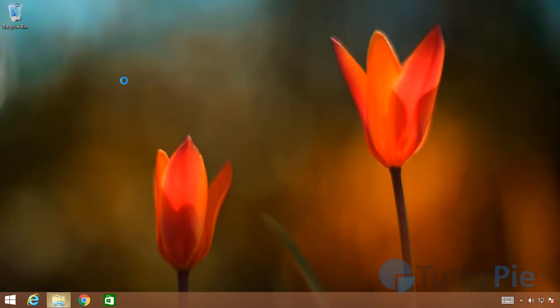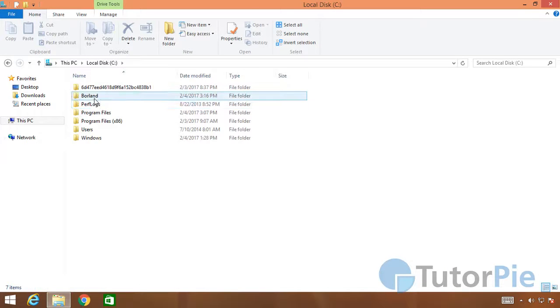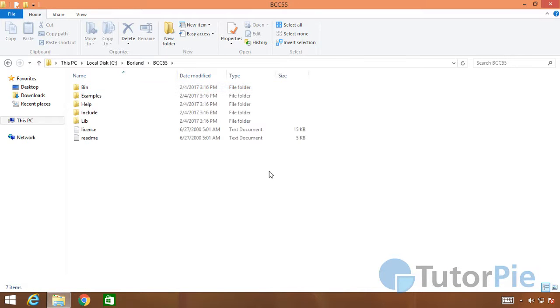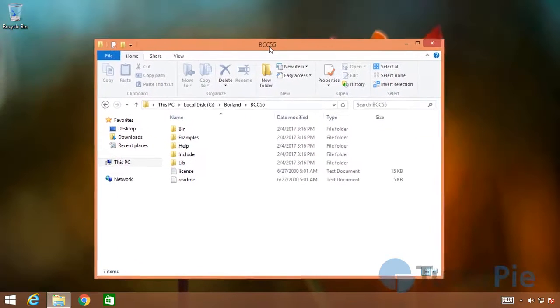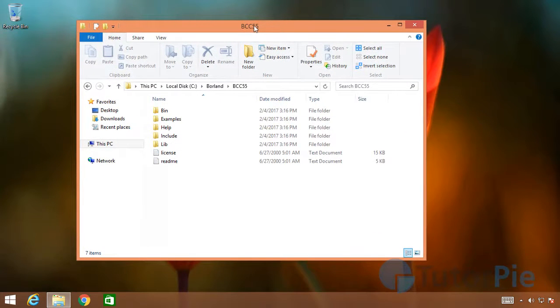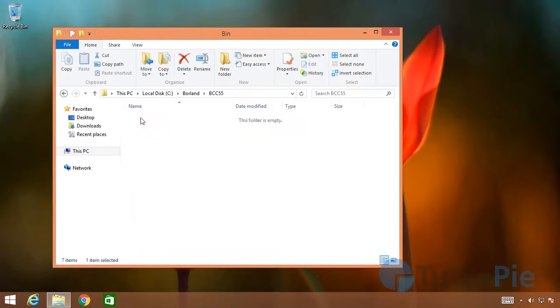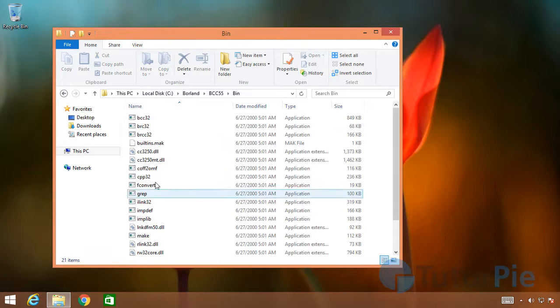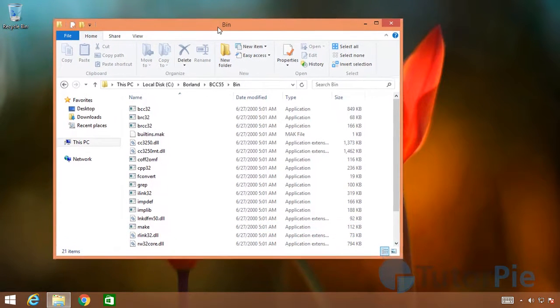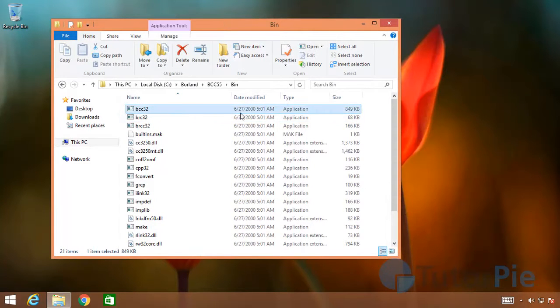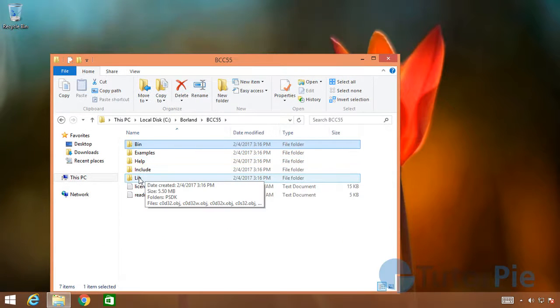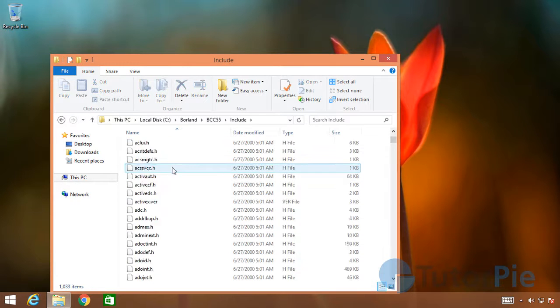Now we'll open the folder. It's in C drive, Borland BCC55. So this is where you find all the related executables of the compiler. Now inside the bin folder, you'll find all the applications and executable files, and BCC32 will be the compiler. You can see BCC32, and also this has include folder where all the header files are placed,